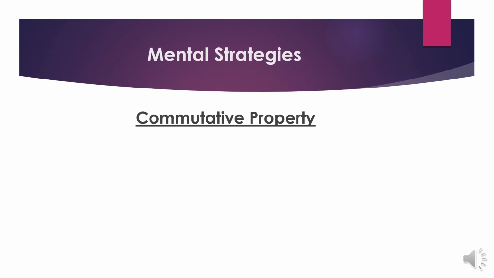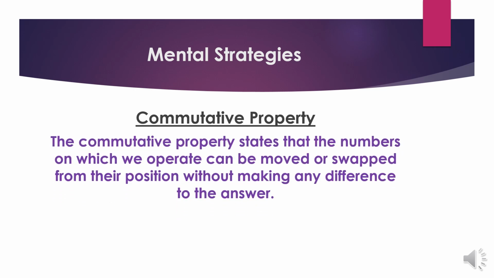First mental strategy is commutative property. First of all, you should learn what is commutative property. The commutative property states that the numbers on which we operate can be moved or swapped from their position without making any difference to the answer. That means if you are swapping the numbers but you are using the same multiplication operation, you will get the same answer. For example,